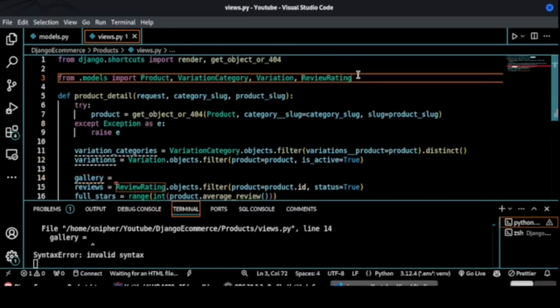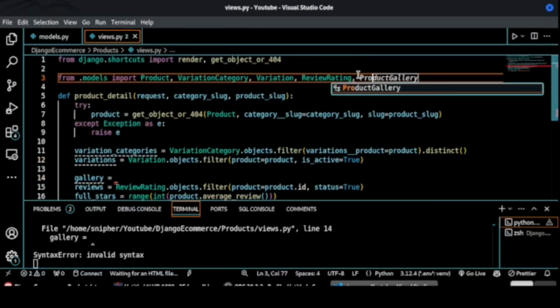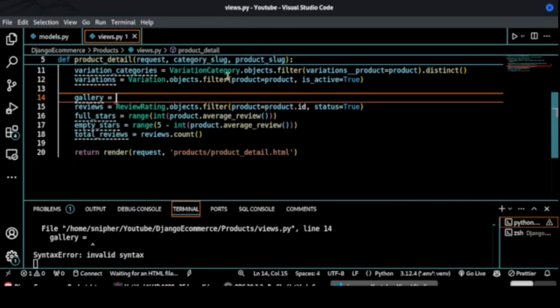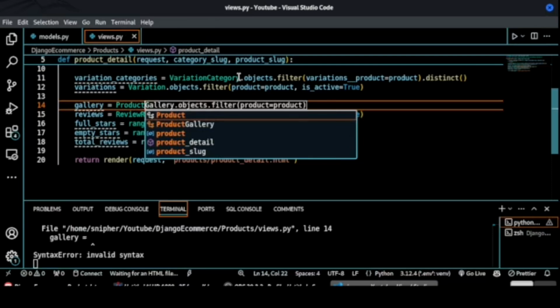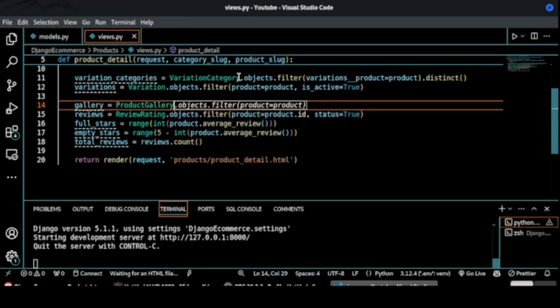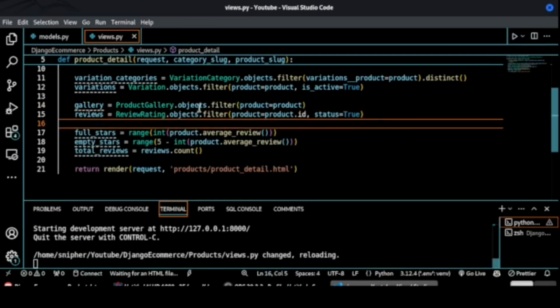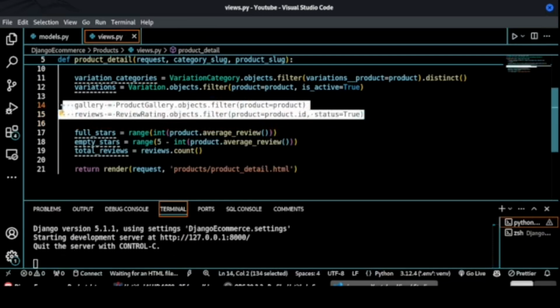Let's import that model, the product gallery, and then this gallery equals to product gallery, and then fetch that gallery for that product. So in these two lines, we are fetching gallery images related to that product and grabbing the approved reviews for the product. Okay,